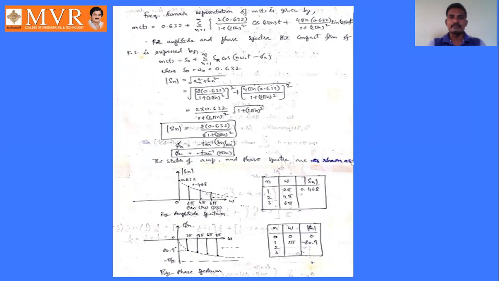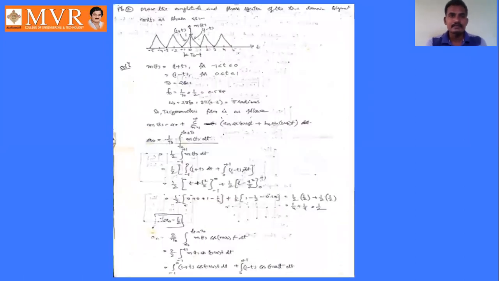Now we will see some problems. See the second problem. Draw the amplitude and phase spectrum of the signal m of t. The time domain signal m of t is given as this signal. So it is varying from -5 to +5. Having the time period, it is varying from -1 to 1. What will be the fundamental time period? From -1 to 0 it is 1 second, and 0 to 1 it is another 1. It is 2. Here the time period is 2 seconds. T naught is 2 seconds.